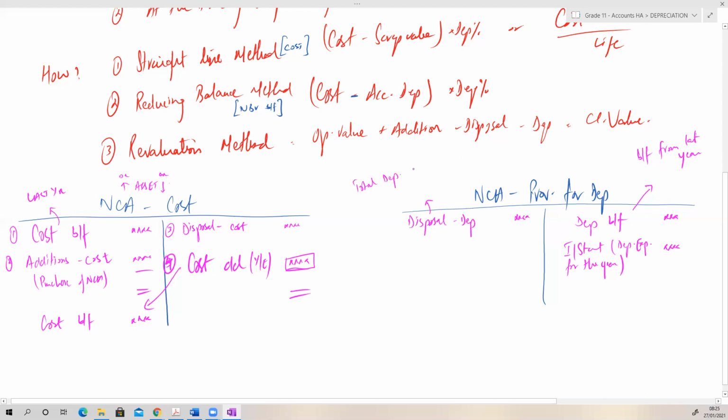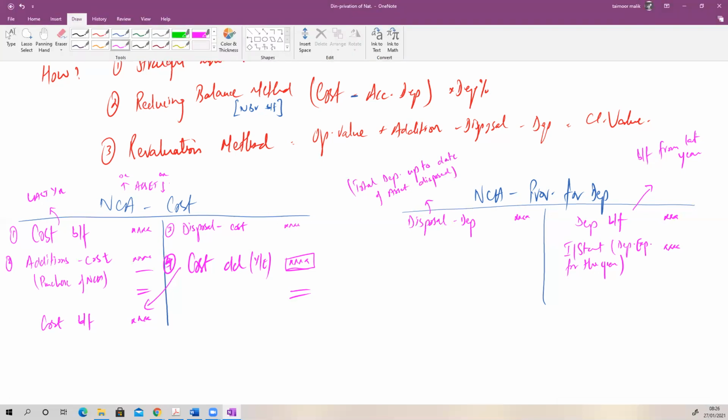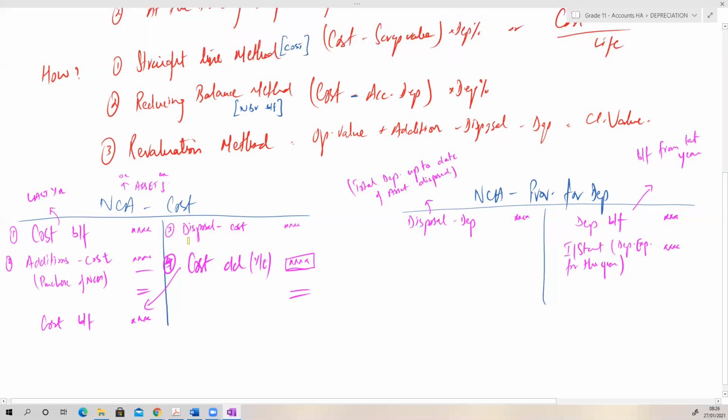Total depreciation up to date of the asset disposed. Up to date total depreciation of the asset disposed, जो हमने asset sell किया था. Now, if you could see the asset being sold, कॉस्ट अकाउंट में से उसकी कॉस्ट निकाल दी, डेप्रिसिएशन अकाउंट से उसका डेप्रिसिएशन निकाल दिया।